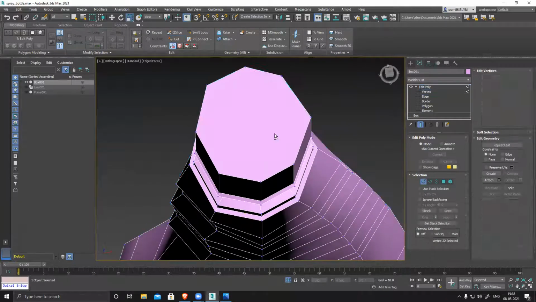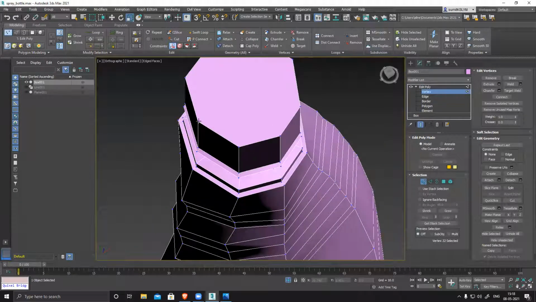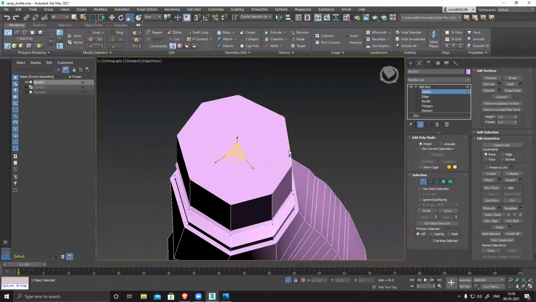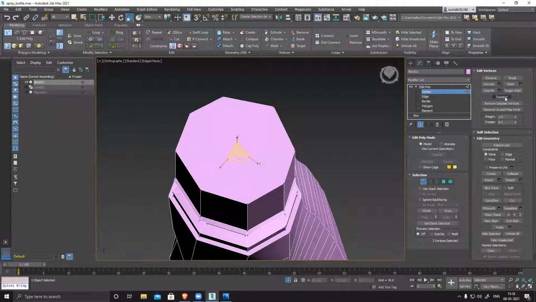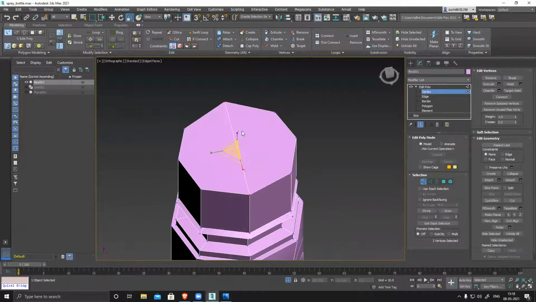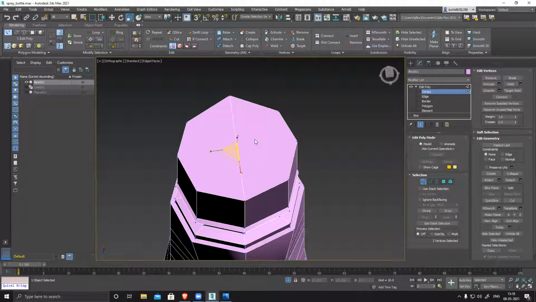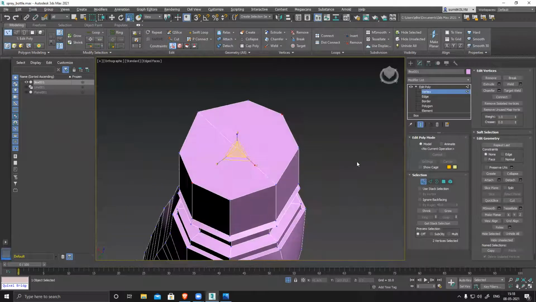If you want to use connect, you can use it. Select this one and this one and connect it. It will work irrespective of whether there is anything in between. If I select this one and this one, it will work perfectly. But if I select this one and this one, it won't connect. For this, you have to cut it. So I'll select this. I'll use a cut.